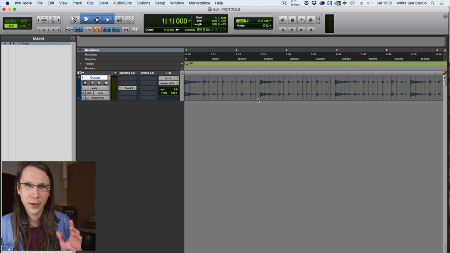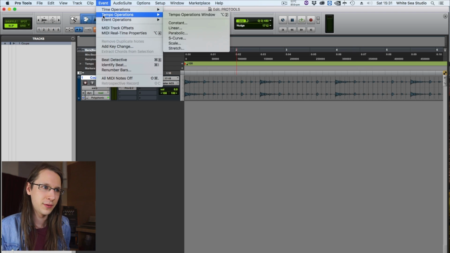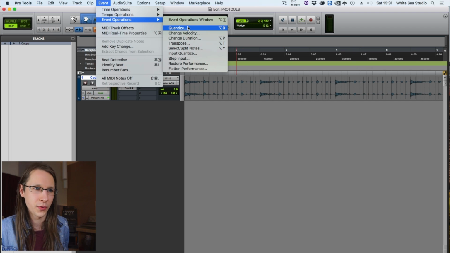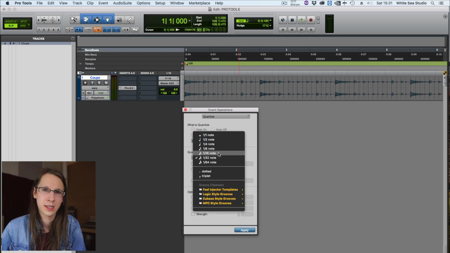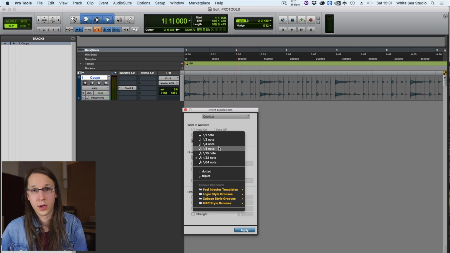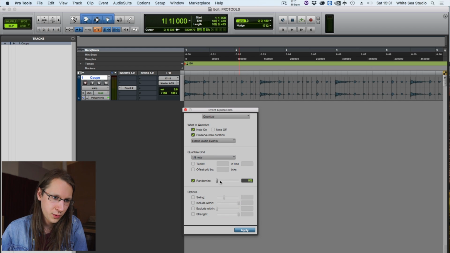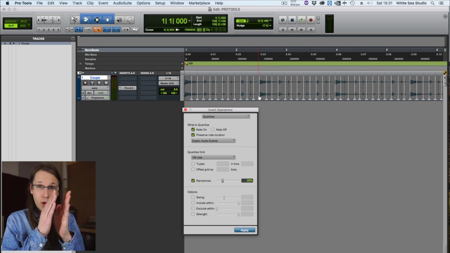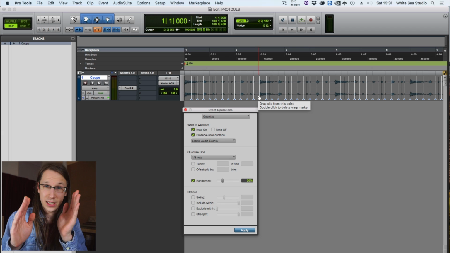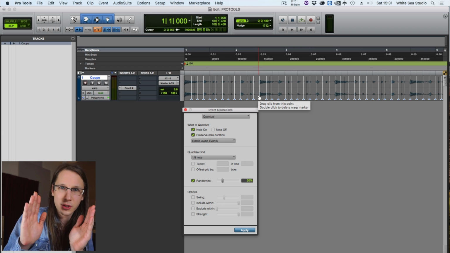And we can also do this a bit more intelligently by going to Event Operations, Quantize. And what we can do over here is quantize everything on a grid. So a 16th note, a 32nd note, an 8th note grid. And we can also choose to randomize things a bit, add swing to it, all that kind of stuff, and then press apply. It will then quantize all the, well in this case 8th notes to the nearest grid